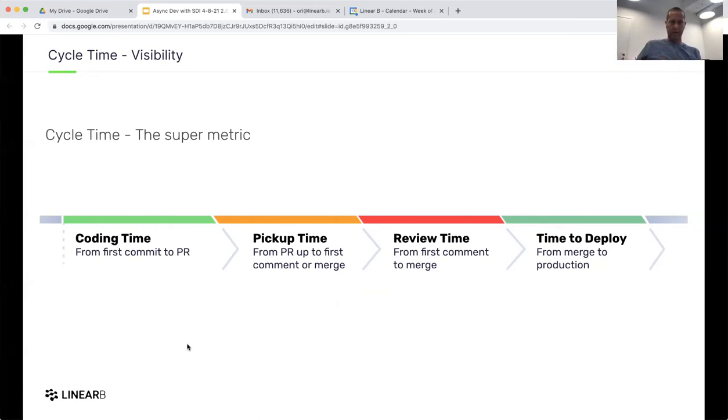But the advantage of being able to move things quickly through this pipeline is that a rollback is easy. If you have an explosion in production, it's much more controlled, it's small. You want to work in small chunks as much as possible and push them through the dev pipeline. So let's talk about cycle time. Cycle time is constructed of coding time, which is the time it takes from the first commit until I'm issuing a PR.